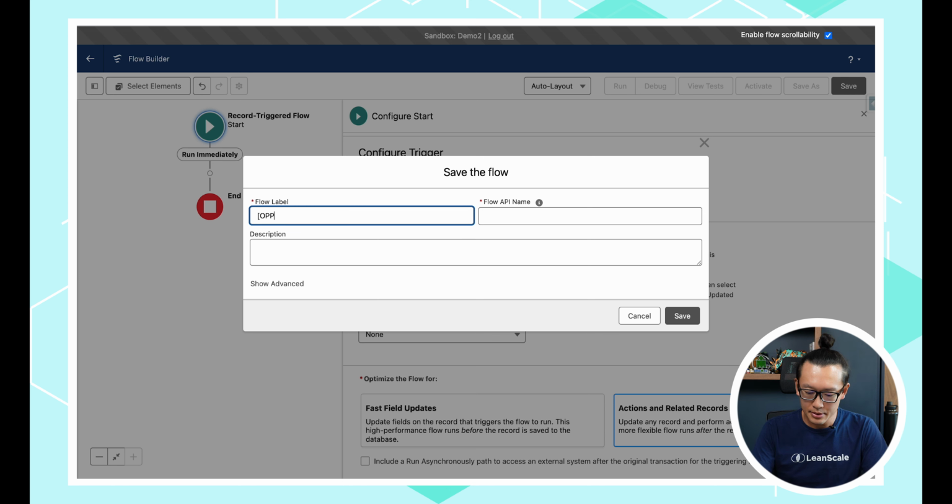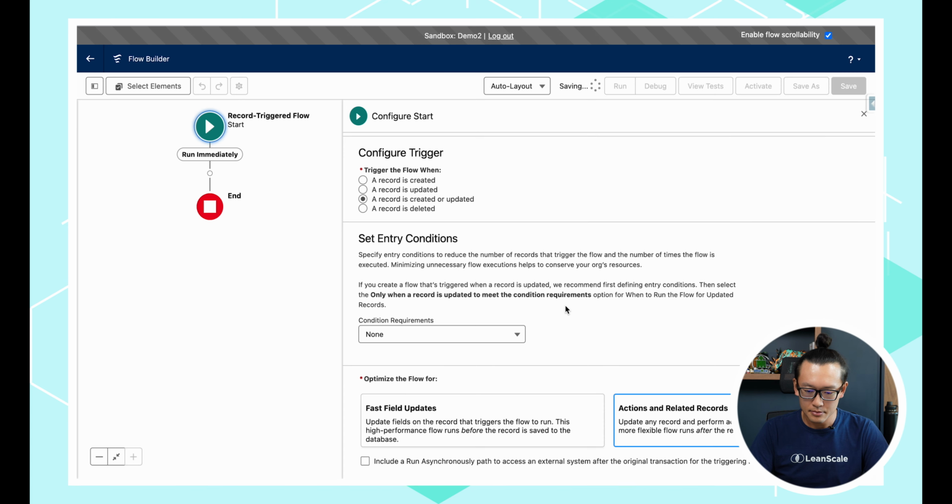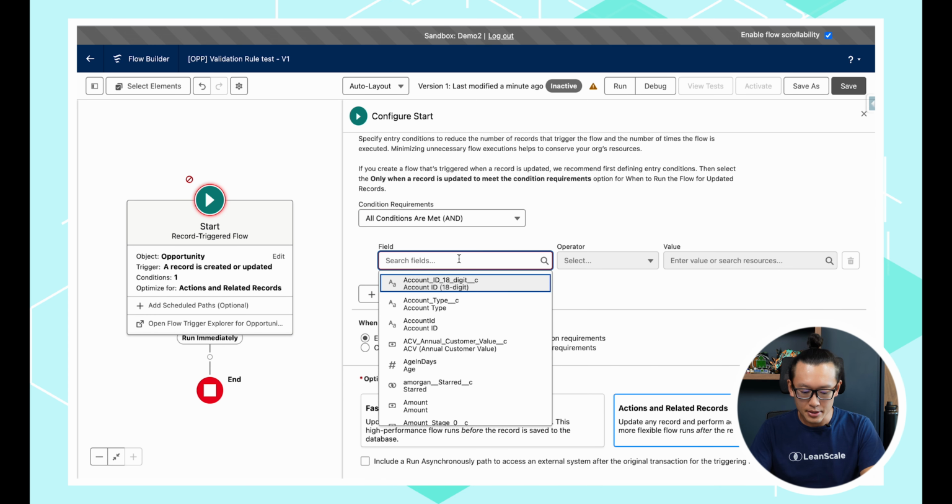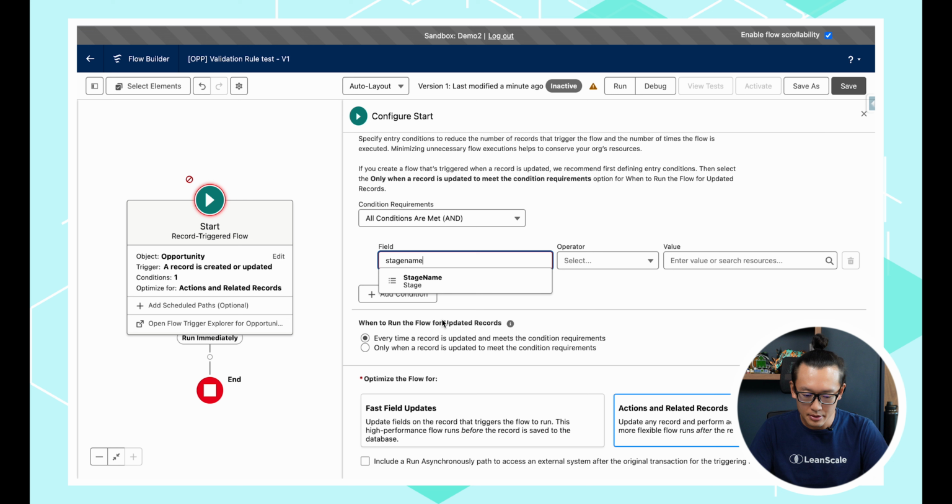I'm gonna rename this, validation rule test. So first, what you're gonna do is decide if you want one validation rule per flow record, or if you want to use one flow that combines all the validation rules. For this case, I'm gonna create a validation rule for this specific scenario, and I'm gonna input the criteria, which is, stage name is changed,